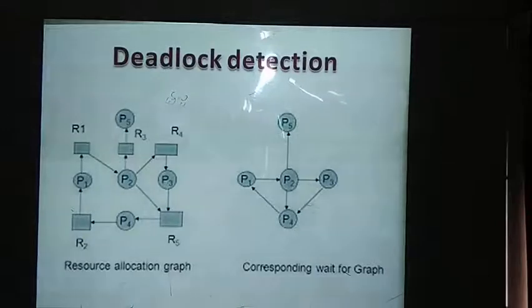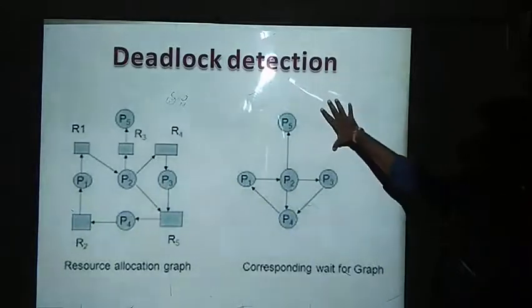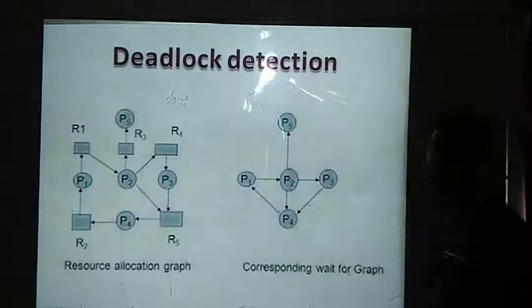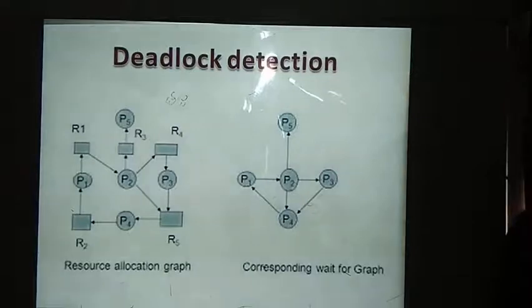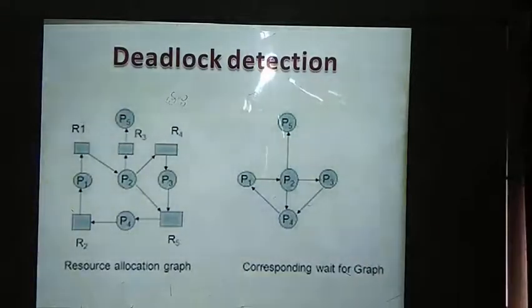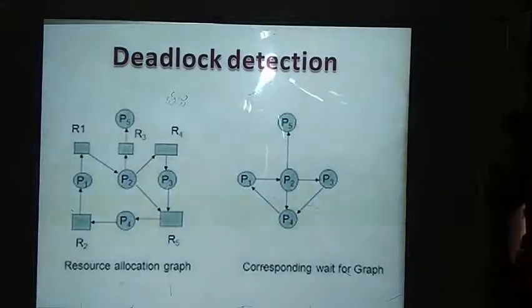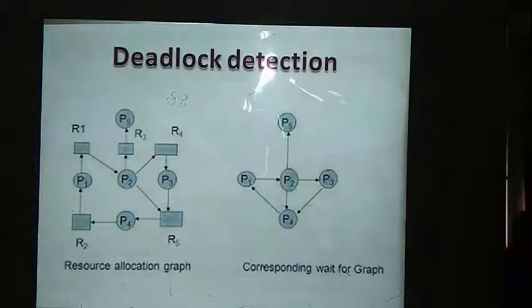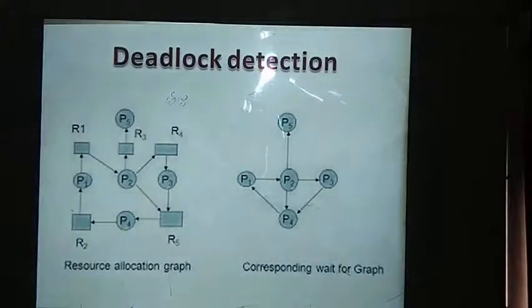In today's session, we are going to see one more method to deal with deadlocks. In the previous sessions, we discussed deadlock avoidance, and before that, deadlock prevention. In today's session, we are going to discuss deadlock detection. Sometimes, if we are not following deadlock prevention and deadlock avoidance, it may lead to deadlock situations in the system. But after getting into that situation, we will follow an algorithm to monitor whether we are getting deadlocks or not.